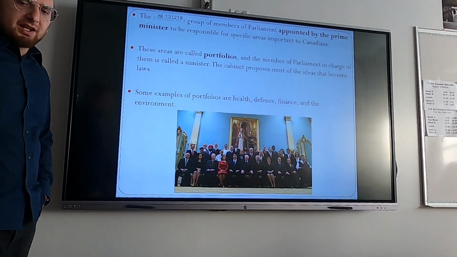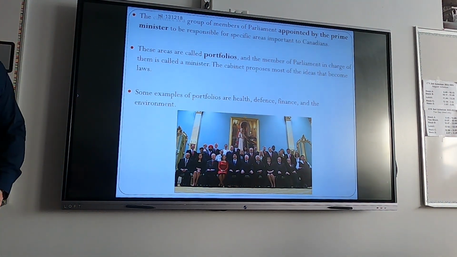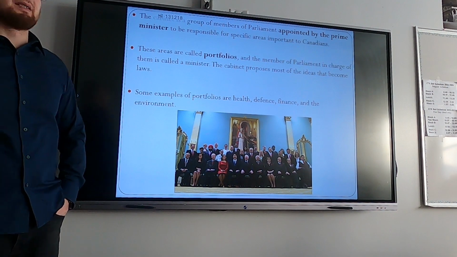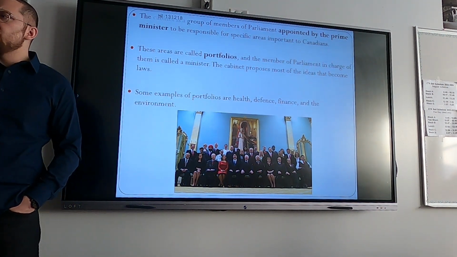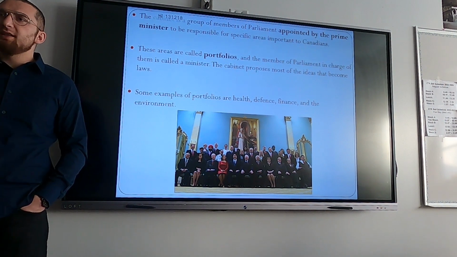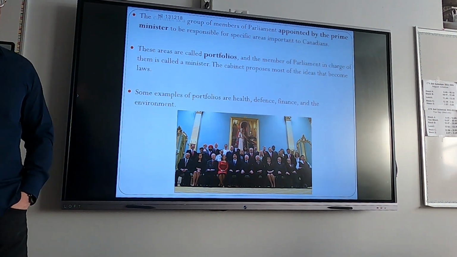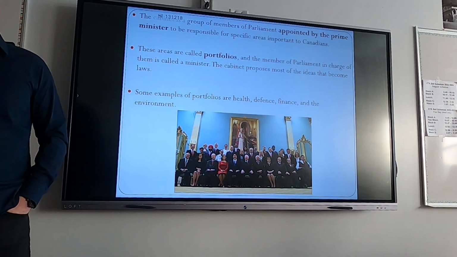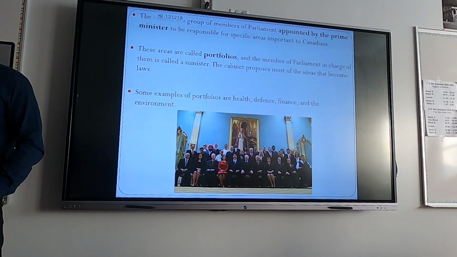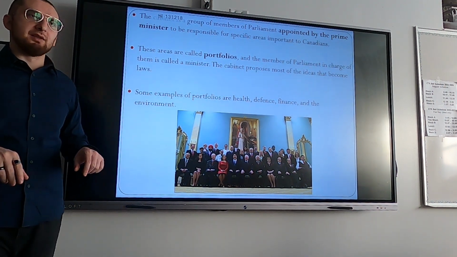Within the executive branch of the government, you have these cabinet ministers who are appointed by the Prime Minister, okay? So the party that wins the election, if you recall what we talked about yesterday with the constituencies, the ridings, and all the voting, the party that wins, whoever is the leader of that party becomes Prime Minister, and that person then appoints certain people to do certain tasks within Canada's governance.